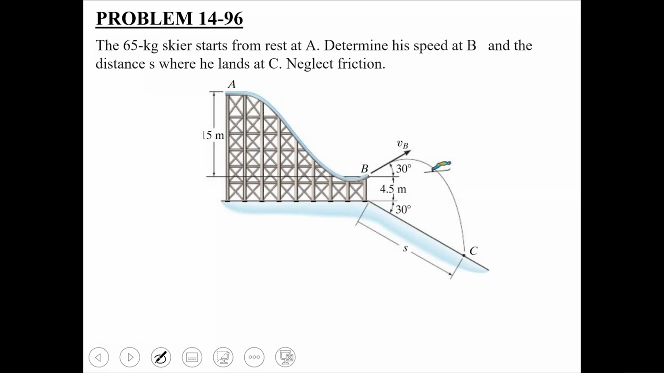You need to determine his speed at position B and the distance S where he lands at position C. Neglect friction. So हमने करना क्या होगा कि सबसे पहले अगर हम इसको देखें, it is being launched from position A from rest. A से B के दरमियान क्या इसके ऊपर कोई नॉन कंजर्वेटिव फोर्स एक्ट कर रही है? No sir, neglect friction. So neglect friction है, so there is no non-conservative force acting on this particle between position